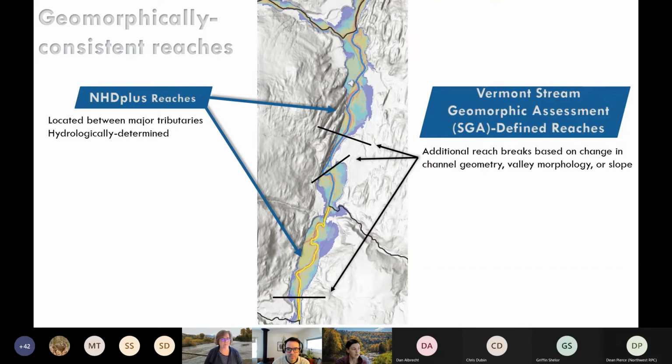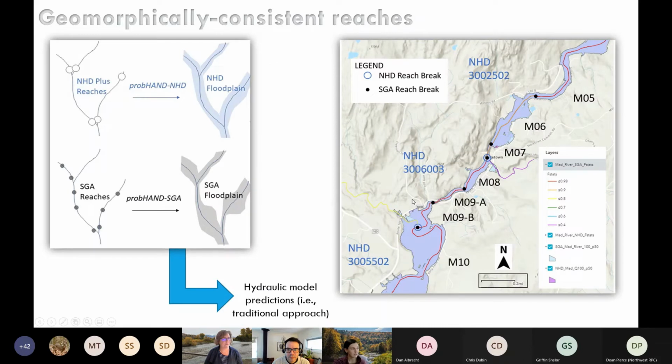inundation. And so, for example, here within this blue reach, this one NHD reach within the SGA defined reaches is broken into 3. And you can see why, right? You have a much narrower valley right here, likely steeper than these other reaches within that one NHD plus reach. So to evaluate if changing to this SGA defined reach was important, we went through a full analysis in 2